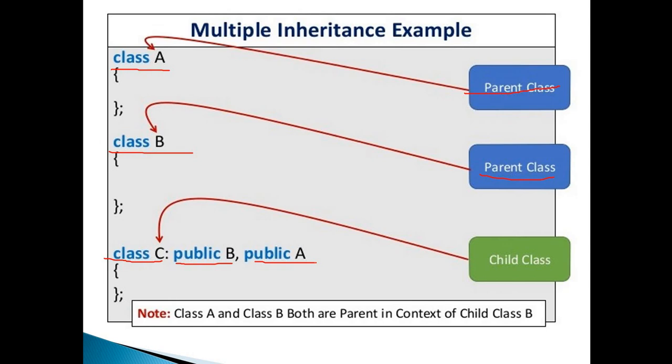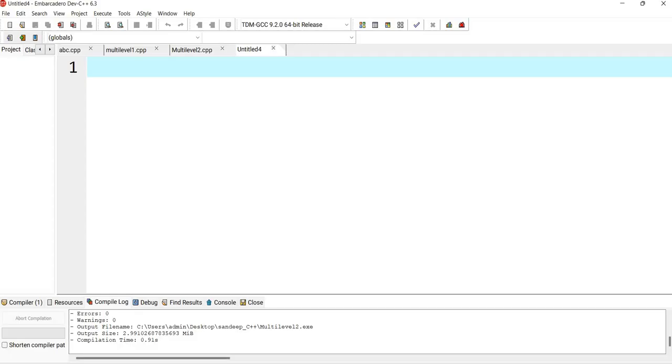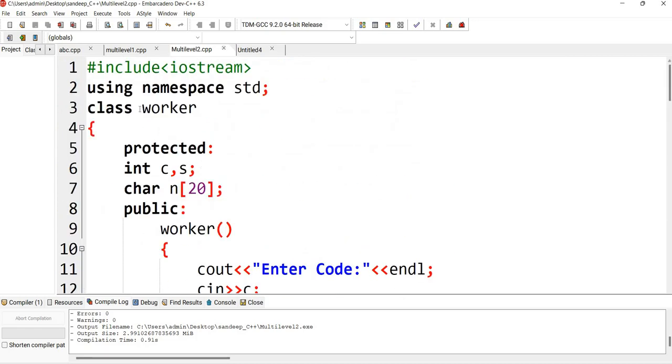Okay, now we'll see the program here. So let's start with this program. I have already explained the program for multi-level inheritance earlier, and I'll be using the same program, since I just showed you the previous program which I explained. As you can see, I have created this class worker.